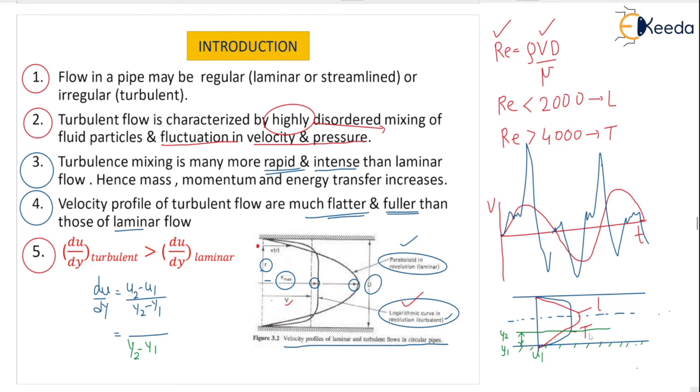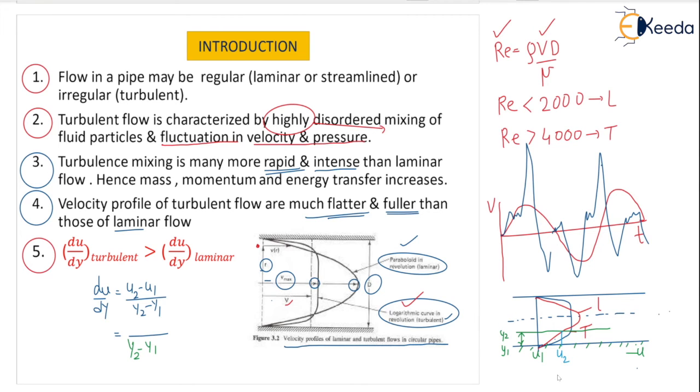Yeah, now we are going to see u2 minus u1. So u1 is here and velocity is measured in this direction, correct? This is your u direction. u1 is here. Where is u2? I'll just make a different color so that you can see where is u2. I am drawing a line which is intersecting the red color and green color line at this point, taking a different light blue color. This is your u2, correct?